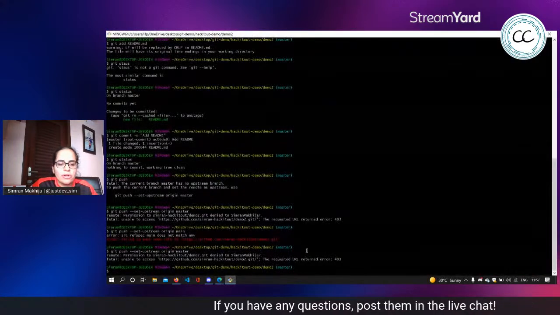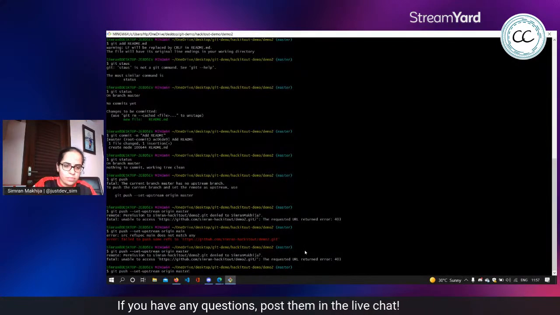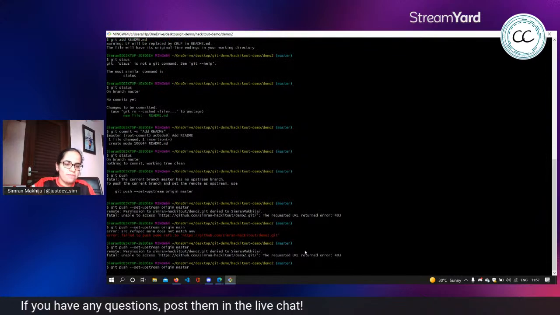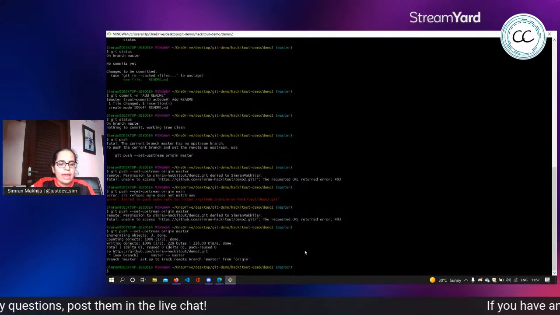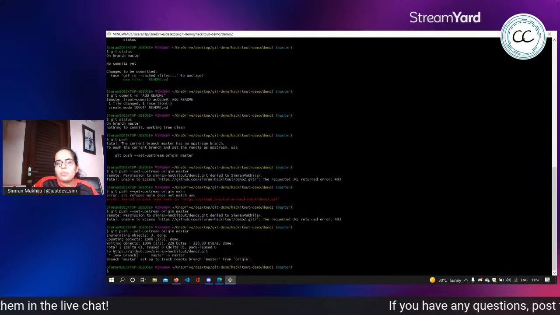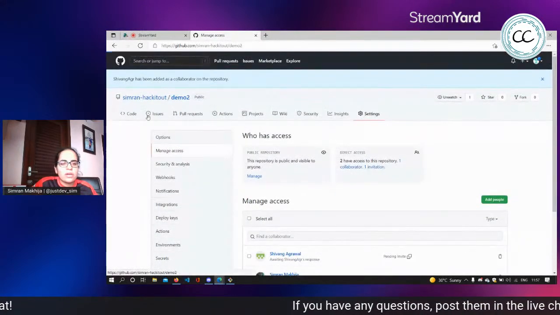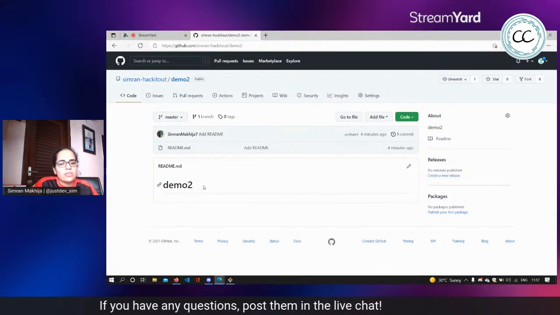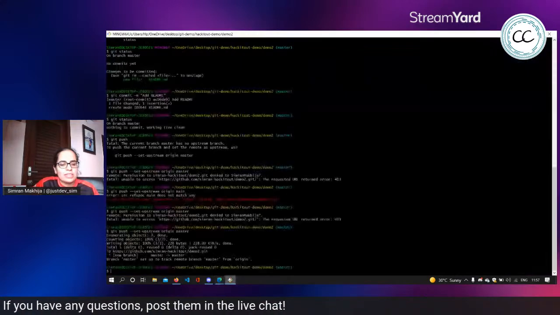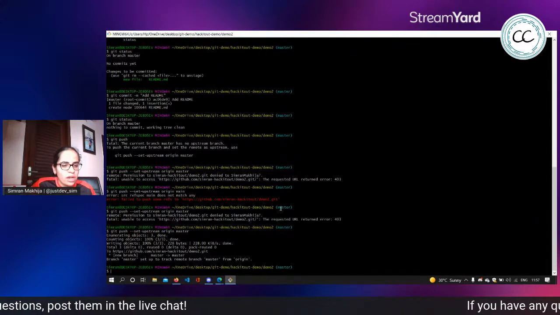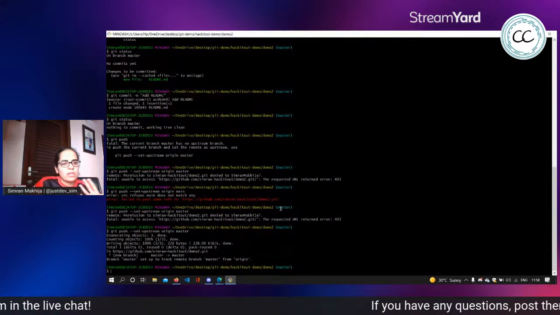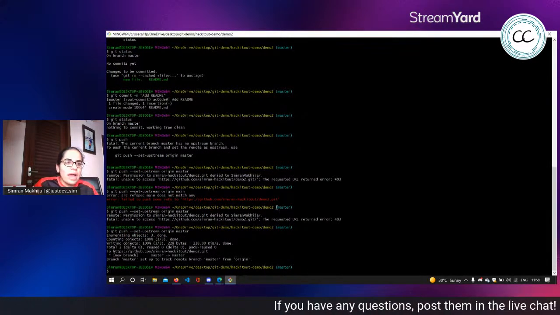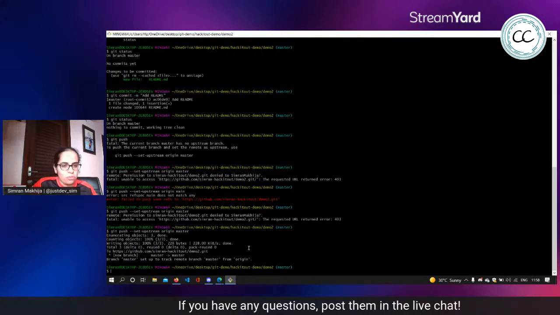Now we should be able to push because we have permission to do so, and done. Our changes are now visible here, demo 2. So it's this easy to push any changes to GitHub and create any files here as we just saw.